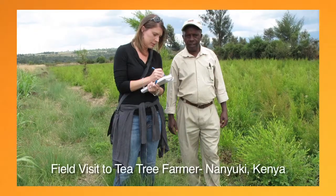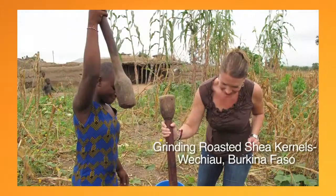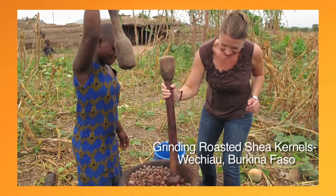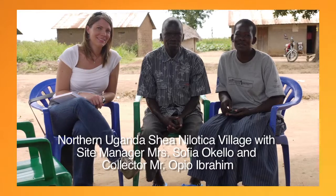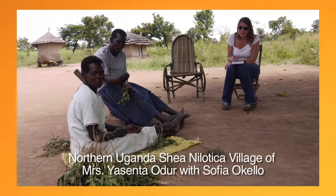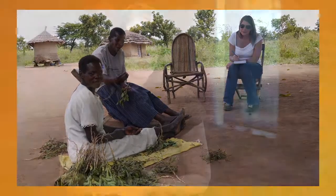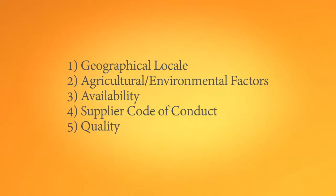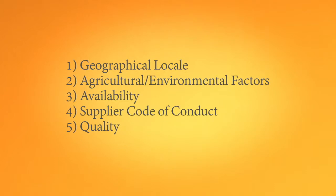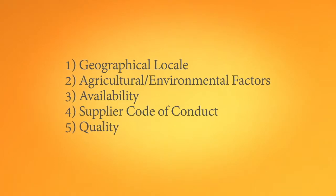And I really consider our ingredient suppliers to be our partners. Without them, we don't have ingredients, we don't have products. They're one of the most important partners that we have in our business. We've chosen to focus our efforts on 5 key areas. With these 5 pillars, we've laid out our roadmap for the next 3 years for responsible sourcing of